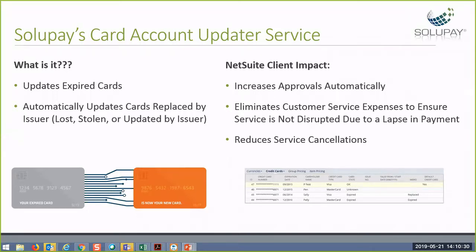One of the benefits of our solution with NetSuite is our card account updater service, which leverages that tokenization. So once a card's tokenized, what happens if that card expires? What happens if I lose my card or forget it at the restaurant when I leave, and I call my bank, they send me a new card number? What's nice about Solupay is we do support card account updater service. So if that card is lost or stolen,